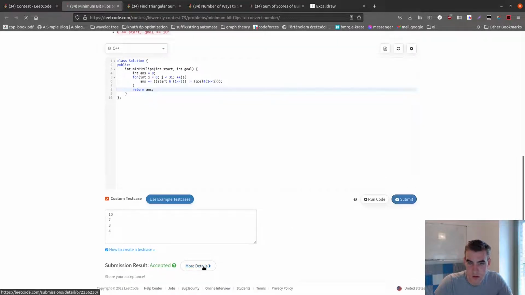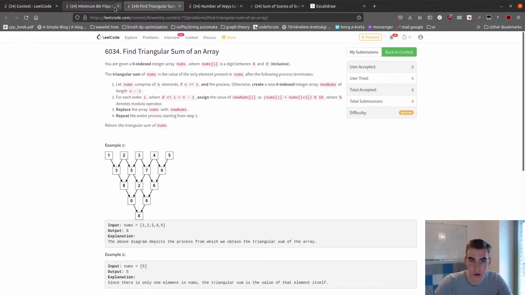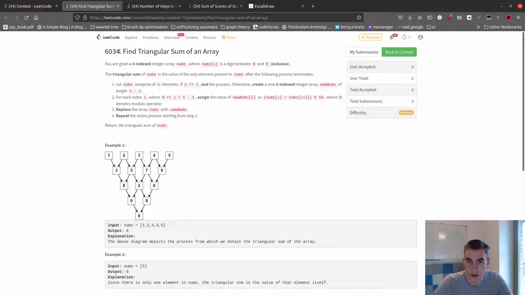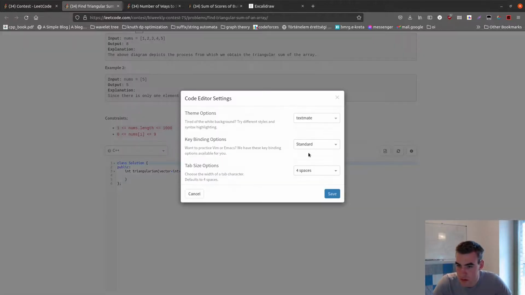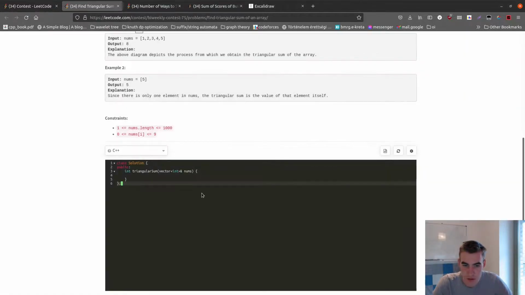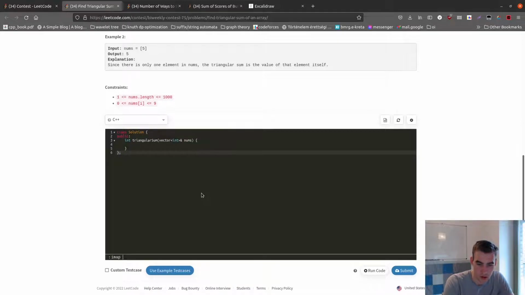Your solution has been accepted. Okay, it's correct. Okay, next. You are given... I'll try to change the editor because this is very... I need to use this one, Monokai. And the key binding is not set to Vim. I'm not sure if this will work. Yeah, this is sort of wasting time, but